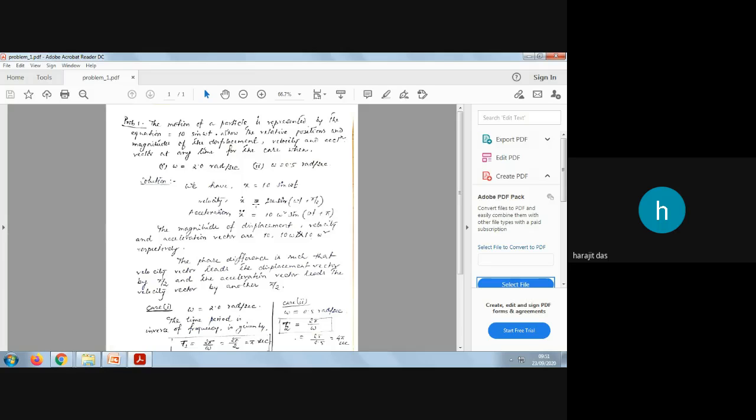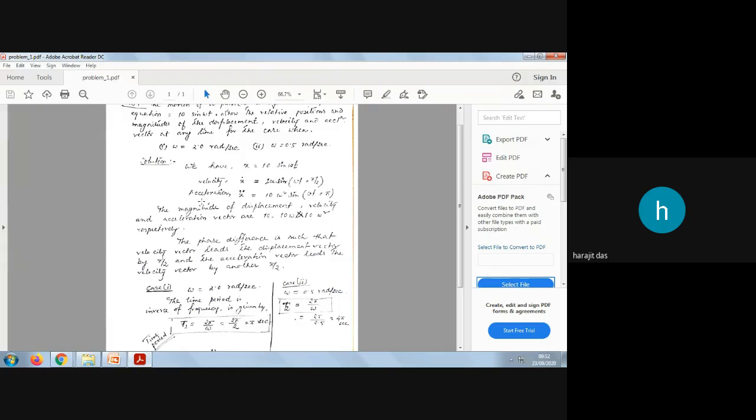If you differentiate once, it will be x dot. So 10 omega will come out. In terms of cos you can write it, but if you convert it to sine, then it will be sine of omega t plus pi by 2. Why is it sine of omega t plus pi by 2? In the last class we had discussed that concept. In terms of cos also you can write, but to draw the graphical representation we will be using these similar